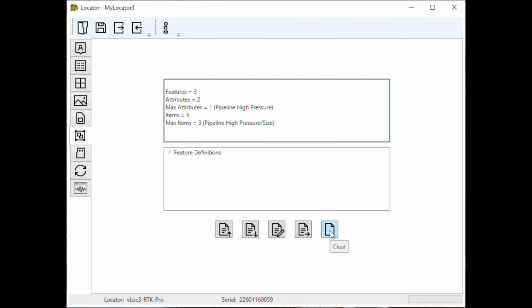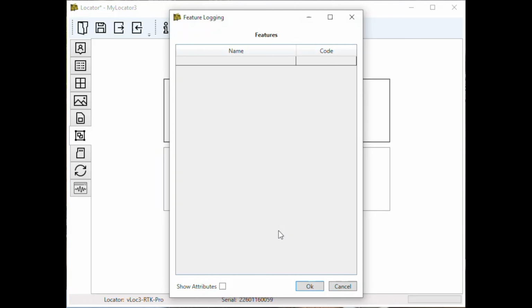So what I'm going to do is blank mine out so that it would look like how yours would look. Click on the edit button, and in here we're going to enter in the name that we want to call something and what code we want to call it. So we need a code, 2 to 3 digit code, and we need a name to call it. So let's just say I'm doing power cables. So I'm going to do power